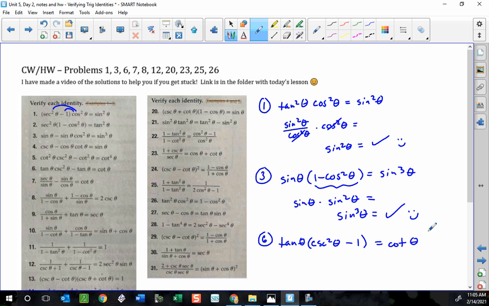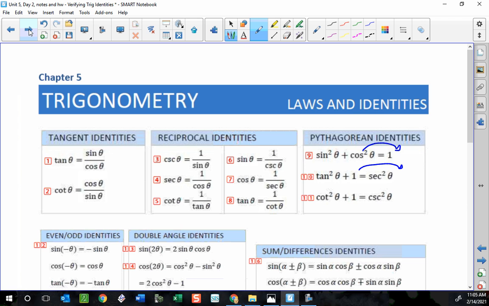Now in this case, everything that's been easier has been on the right side, so I've been working on the left side, but it could be the other way around. I mean, it doesn't really matter which side you start off first, but a lot of times they put the side on the left that is going to be the side that you're going to work on. All right, so cosecant squared minus 1, let's check that out. Let's see, cosecant squared minus 1 would be cotangent squared. So,